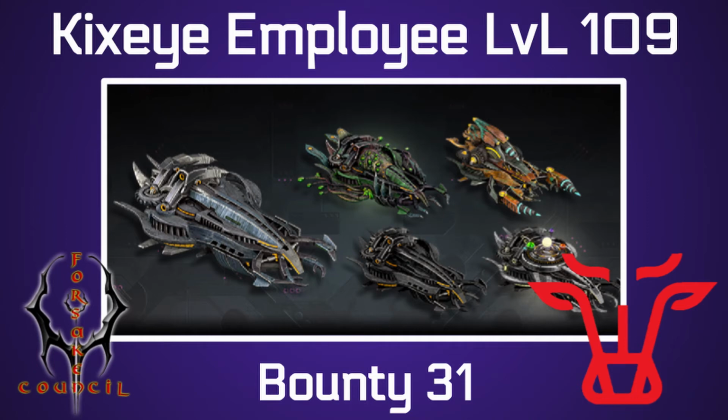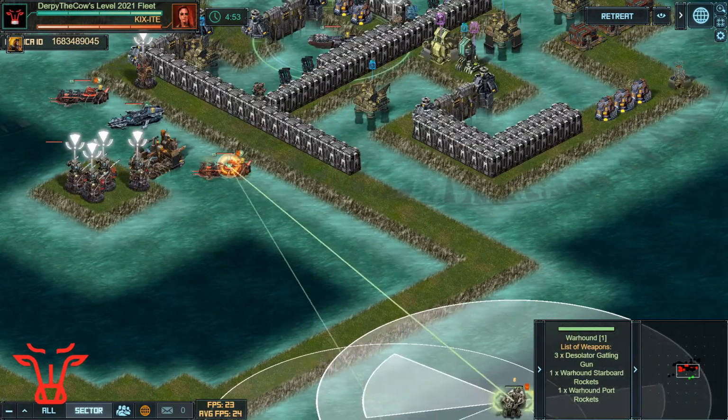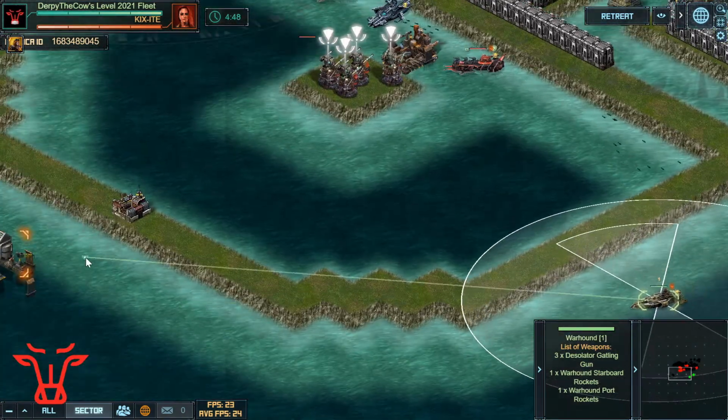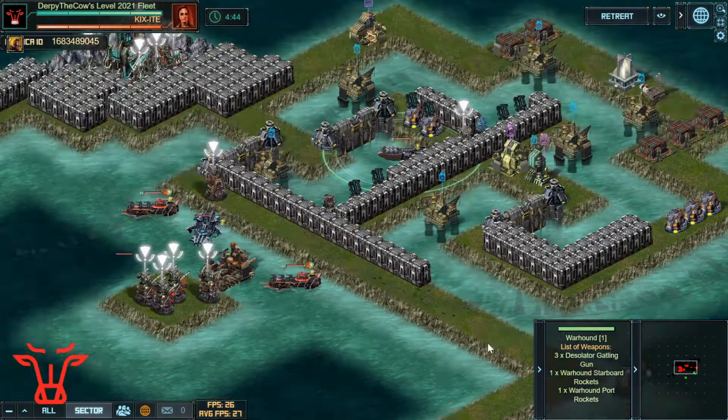This is the Kixeye Employee base level 109, Half Centaur's base design. I'm going to be going through here trying to hit this target with my 5 Warhounds and hopefully get it through in one piece. There's a better way to do this target using some subjugators coming in at the very